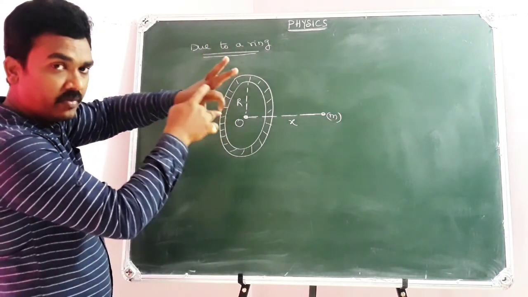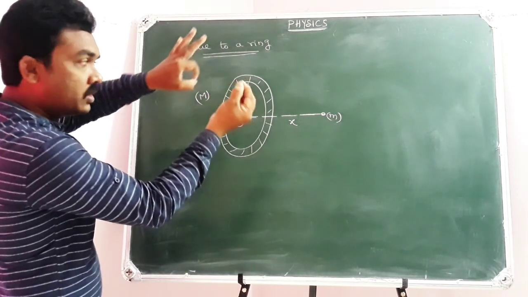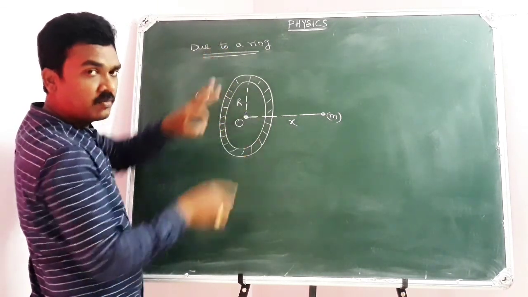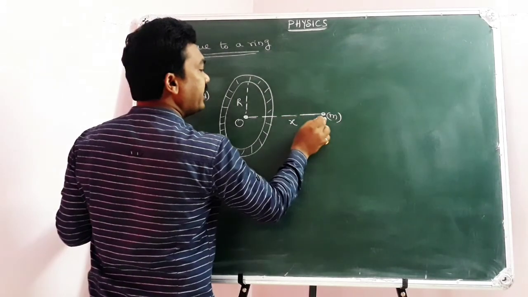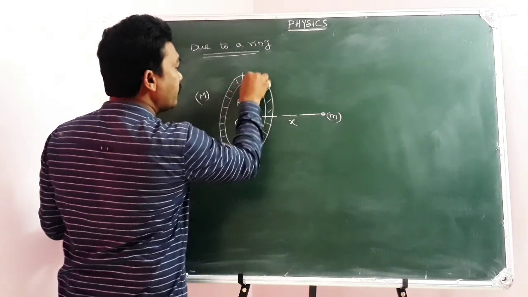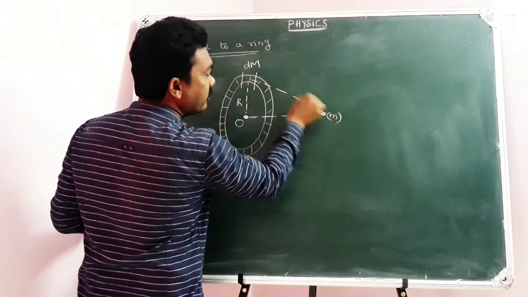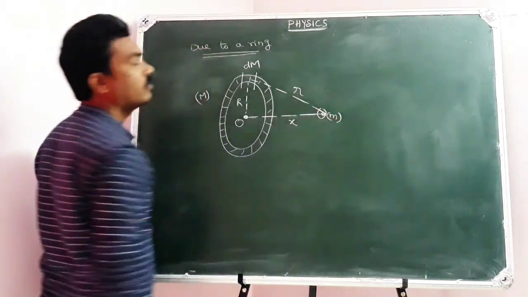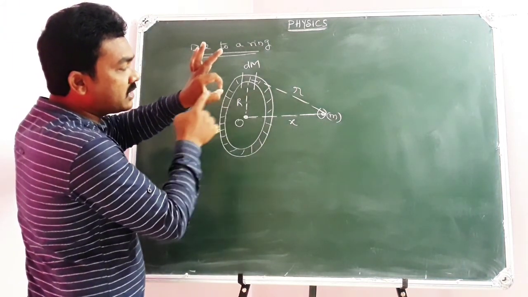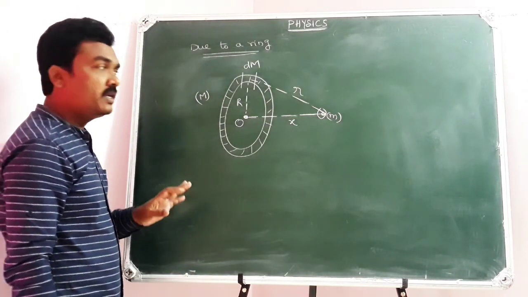This is the ring. Here there is the axis of the ring. Now here you place a point mass. So your point mass will be symmetric from every point on the ring. It will be equidistant. Of course, x is the distance of the point mass on the axis of the ring. And let us suppose a small element of the ring of mass dm is at a distance r from the point mass. So every element on the ring will be at a distance r from the point mass.